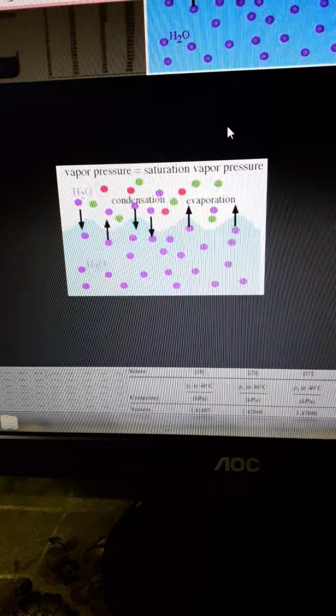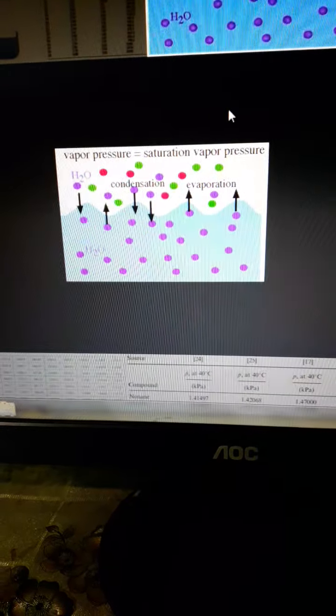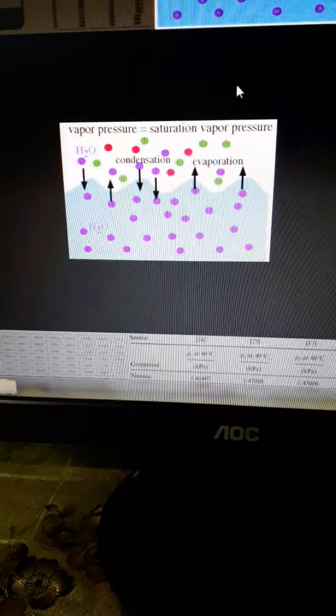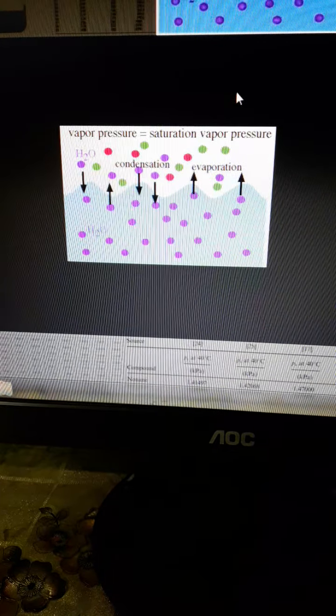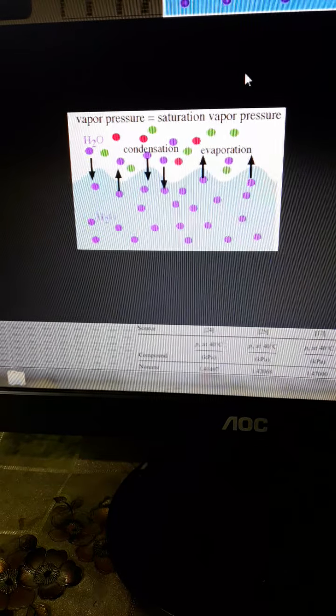Children, we are studying solutions. Over here I will explain what is vapor pressure, or what is saturated vapor pressure. Now you have taken a container, in that container take some water and cover the container. Now when you increase the temperature, evaporation takes place and simultaneously condensation takes place.